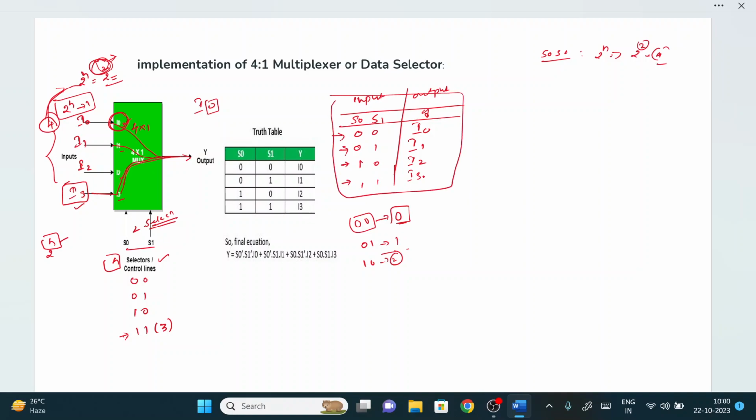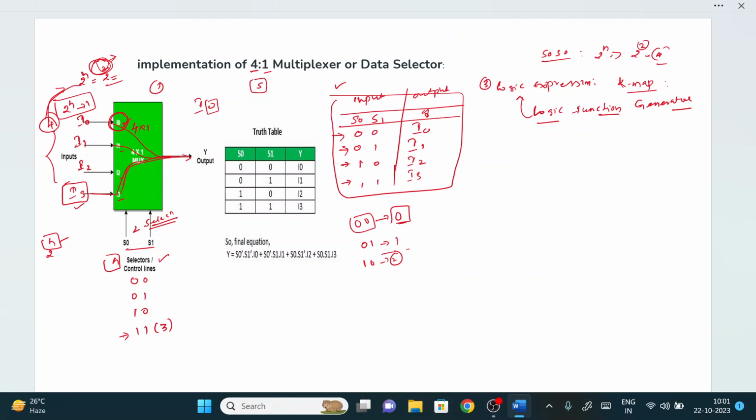So now the truth table is also completed. The first step, identification of the input, output and selection lines, is completed. The second step, the truth table, is completed. The third step is that, as per the combinational logic circuit, we need to find the logic expression. Generally we use the K-map representation to find the logic expression. But as we discussed in the previous class, one application of the multiplexer or demultiplexer is the logic function generator. What is the meaning of logic function generator? If we can obtain the logic expression without requiring the K-map, it is called a logic function generator.